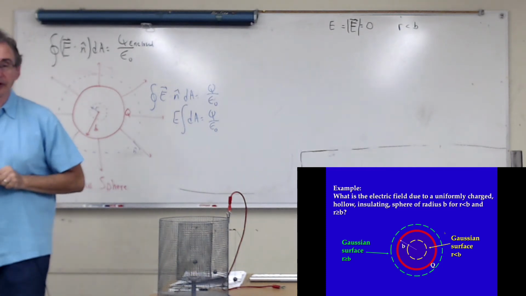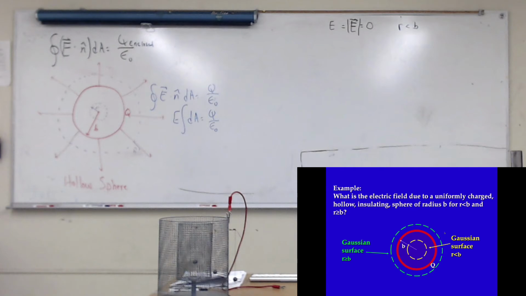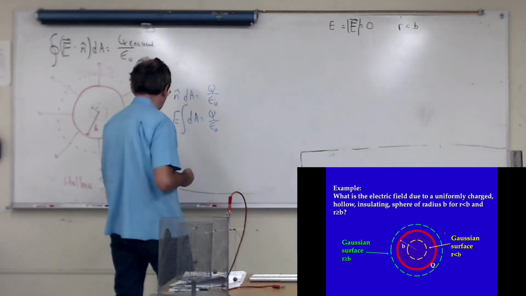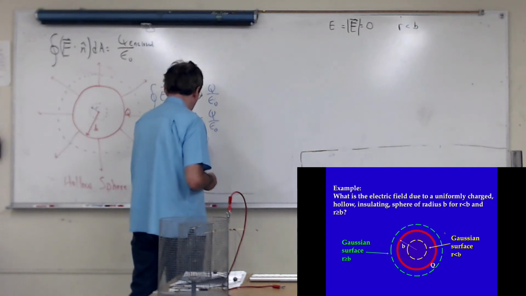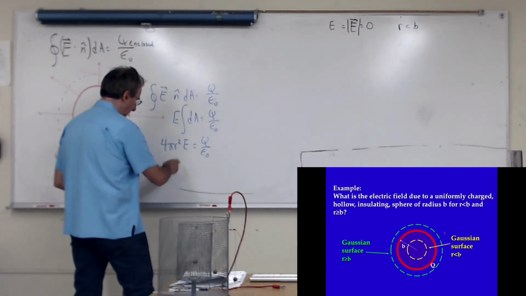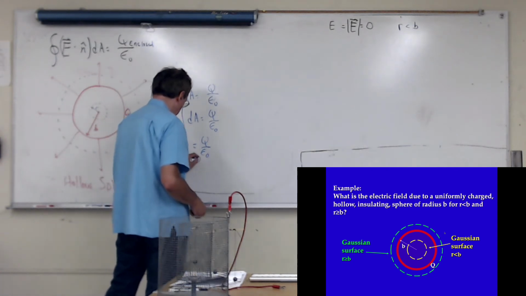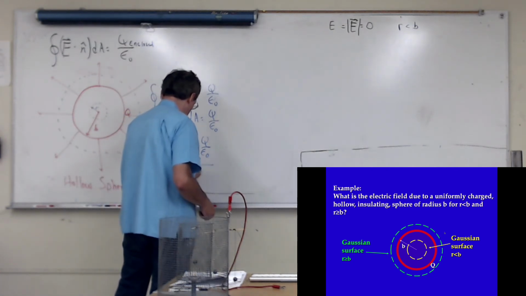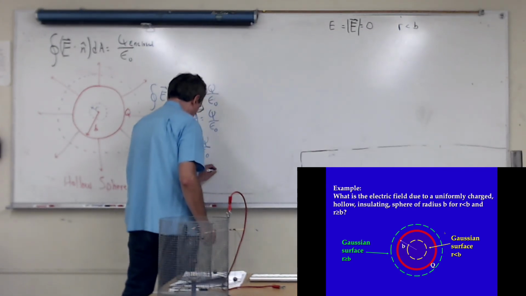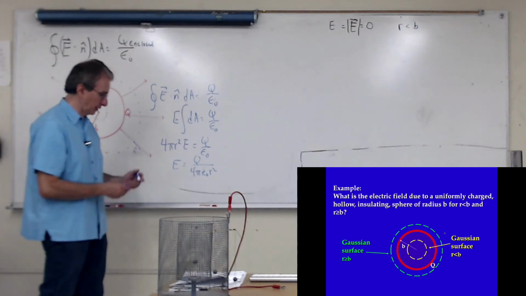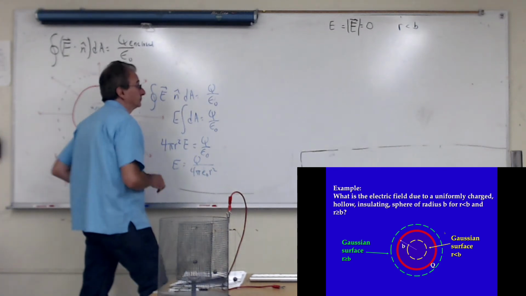What's the surface area of a sphere? Well, it's 4 pi r squared. And so this integral becomes 4 pi r squared times E. I solve for E. I get Q over 4 pi epsilon naught r squared. So then I get E